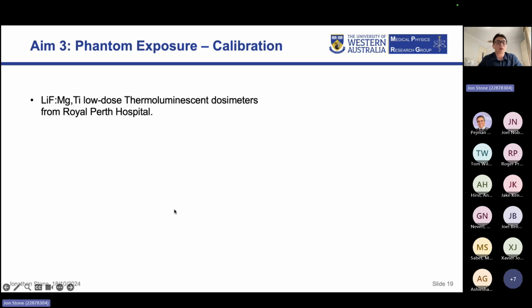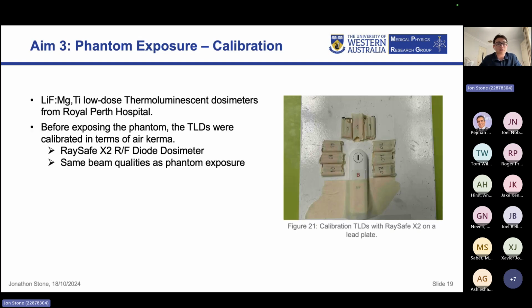Cool. So now we're on to the exposure portion of our project. This project used lithium fluoride, magnesium, titanium low-dose thermoluminescent detectors from Royal Perth Hospital. Prior to exposing the phantom, we calibrated the TLDs in terms of air kerma. We used the RaySafe X2 RF diode dosimeter for this, and we exposed the TLDs with the same beam